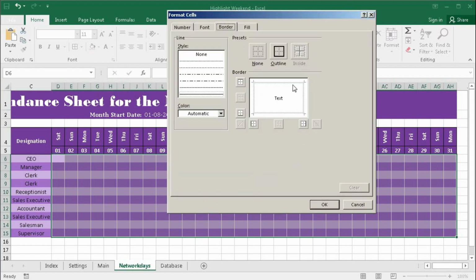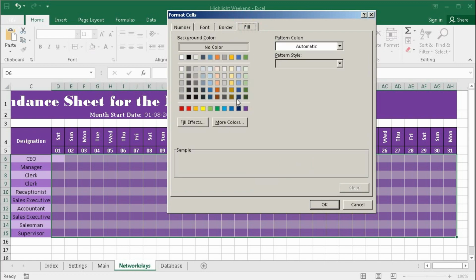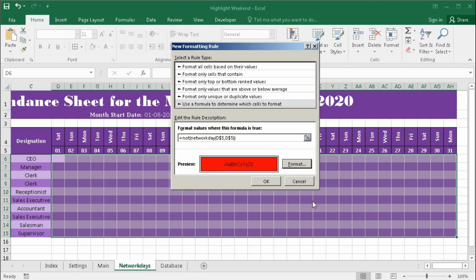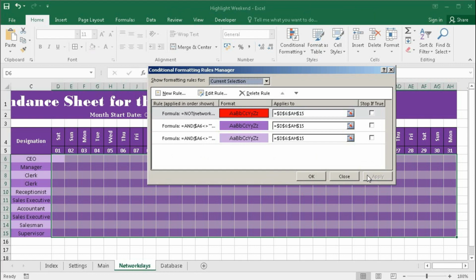Then go to format, give it a border and fill color red, then OK, OK, apply.